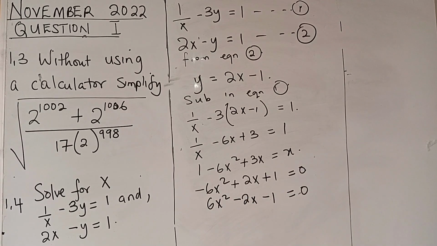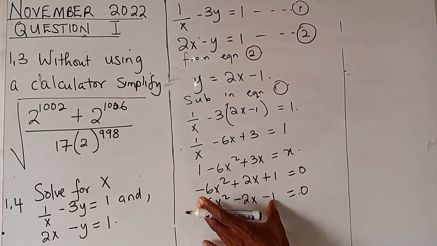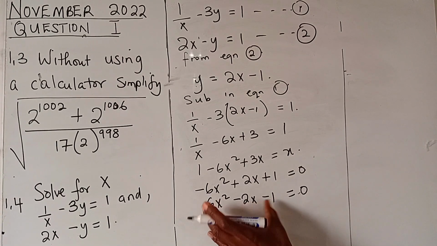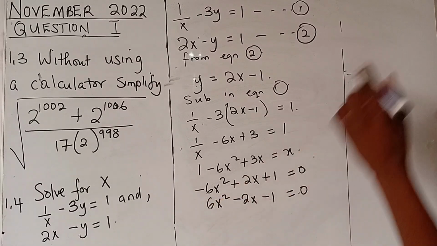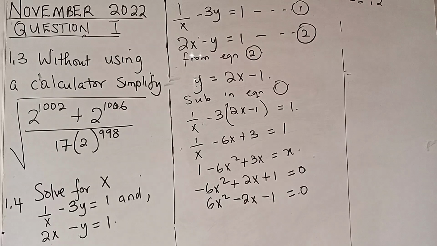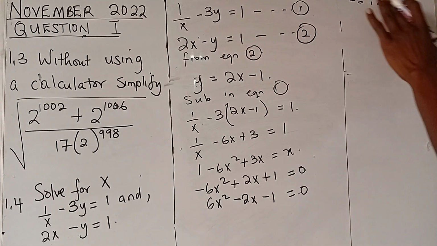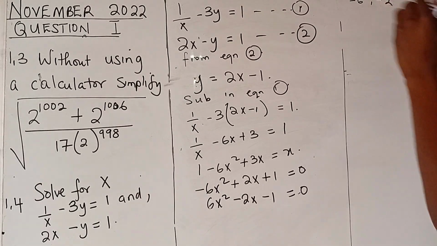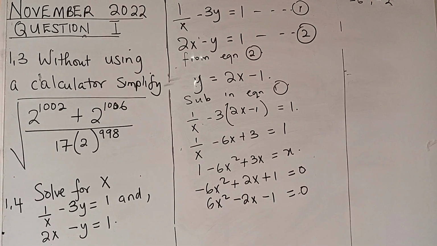So now we look for factors of minus 6. Remember, this is the product, and negative 2. Factors of minus 6 and negative 2. Sorry, not negative 2, negative 1. Oh yeah, it's negative 2. Factors of 6 and negative 2. So I think these factors are,